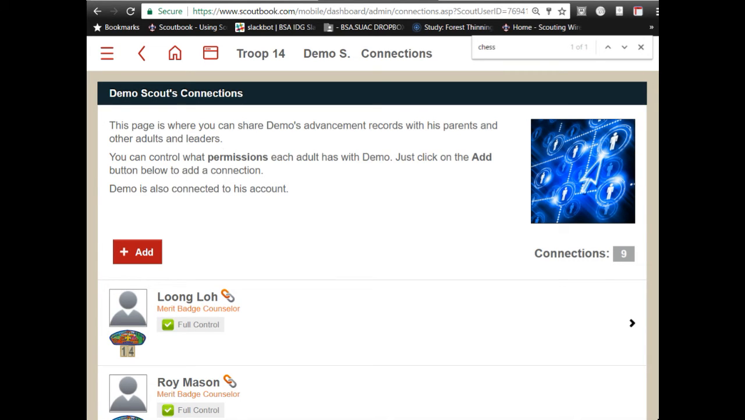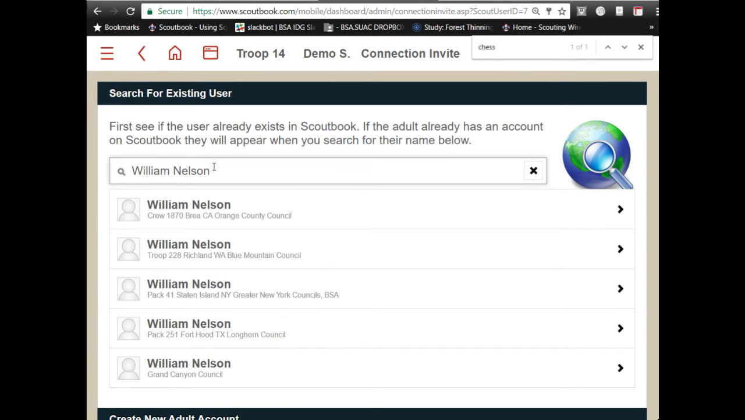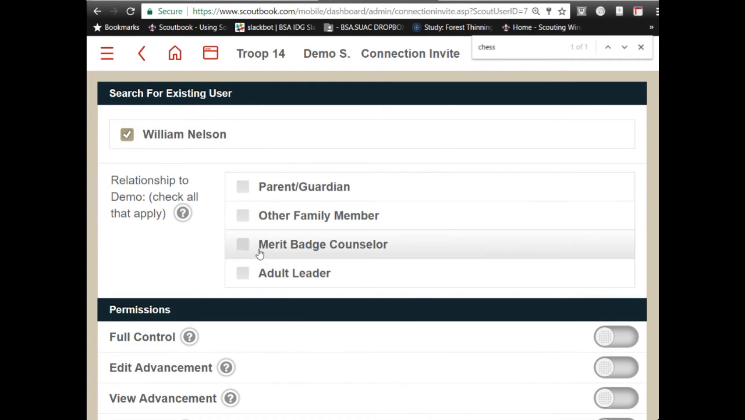They won't be on the list, so you'll need to add them, and then you'll need to search for their name. So you just put in their name that you wrote down from the list, and then select them from the list, and you would make them the merit badge counselor for the scout. Now, you're making them the merit badge counselor for the scout for that particular badge. So he's only going to have visibility of that particular badge's requirements for that particular scout,